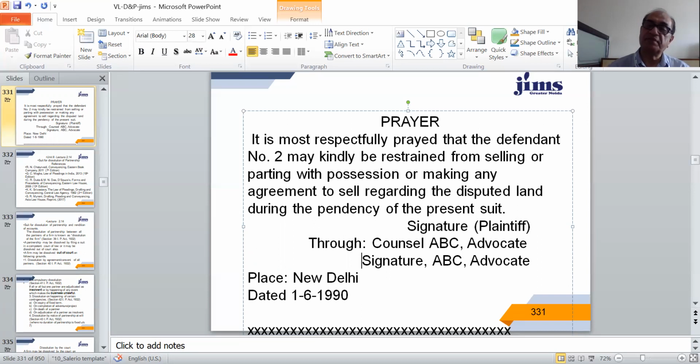So the life of temporary injunction is from the date of granting till the period which is fixed by the court or maximum up to the date of judgment. When the judgment is pronounced, suppose your suit is dismissed, then this temporary injunction shall be vacated. If the suit is decreed for permanent injunction, still this interim order shall be vacated and you will get a permanent injunction against defendant number 2 so that he may not sell this disputed property to anybody else.